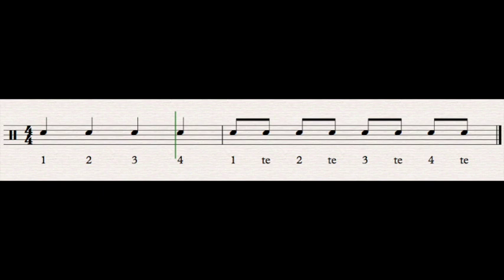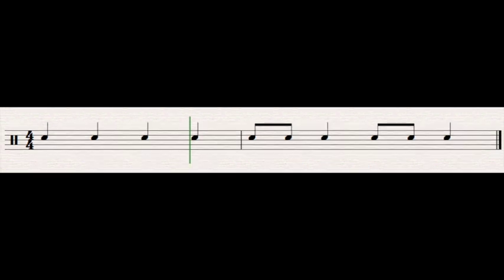The one in the middle gets the te. Listen to it again. 1, 2, 3, 4. 1 te, 2 te, 3 te, 4 te. Okay? So next slide. Same two combinations of notes. We have quarter notes and we have eighth note pairs. They're just in different places. So everywhere we see a pair of eighth notes, we're going to add that te and we're going to say